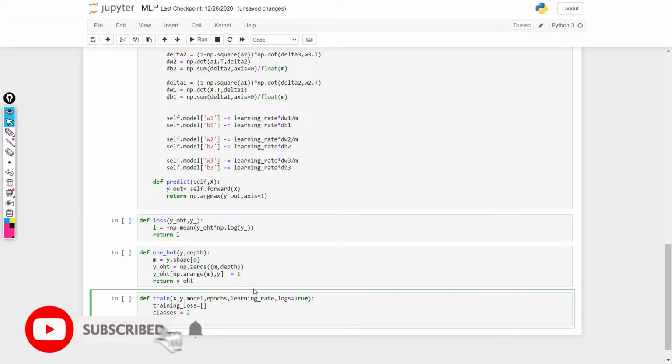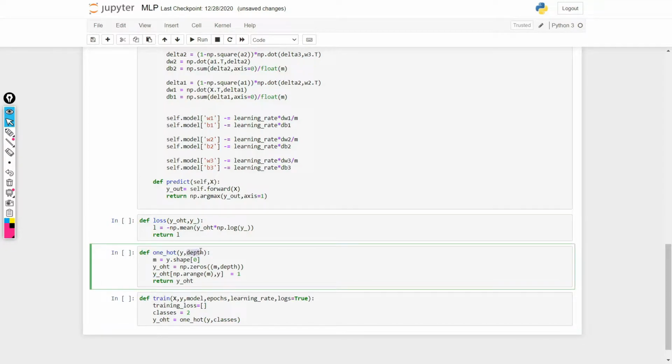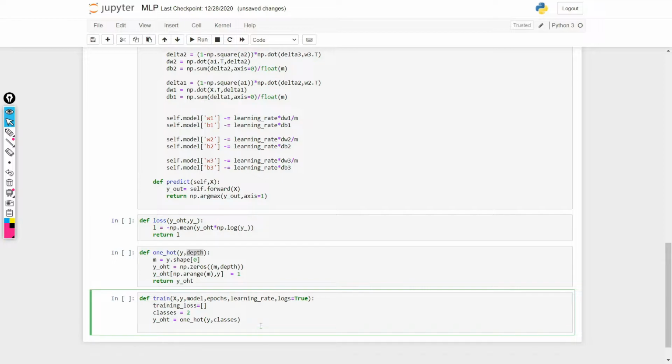The output number of classes is the number of neurons in the output layer. So I'm also going to get the one hot vector from our y, so that is going to be one hot, and in this I need to pass our y and classes. As I said earlier, the depth is the number of neurons in the last layer, so the classes is also the same thing.